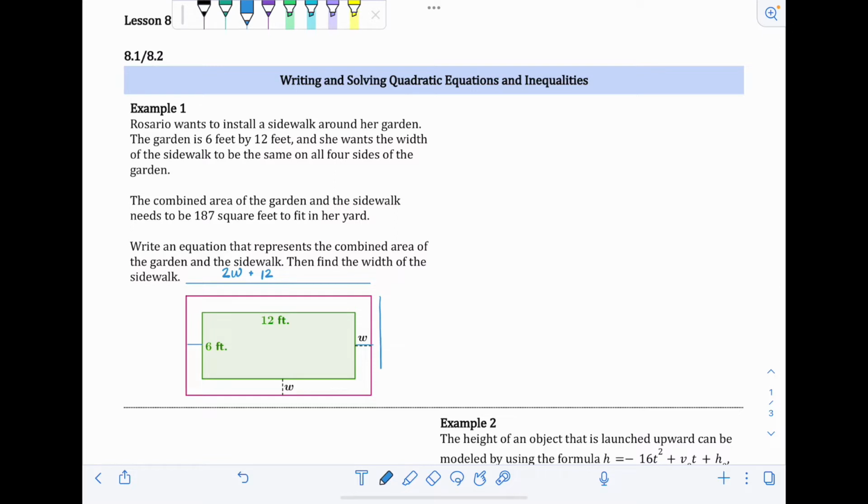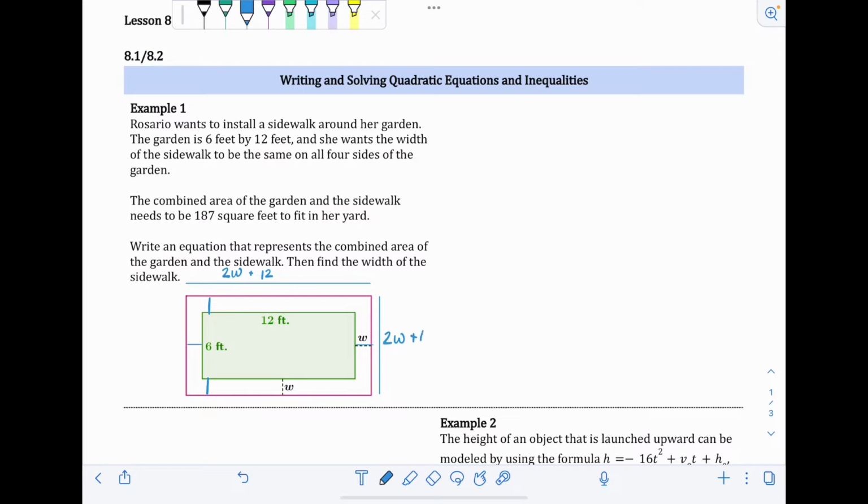So for this entire height, we have 6, and then we add the width right here, so plus W. We also add the width of the sidewalk right here, so plus W again, and then of course we can simplify that. We can combine the two W's into a 2W, and then rewrite it that way, so that would be 2W